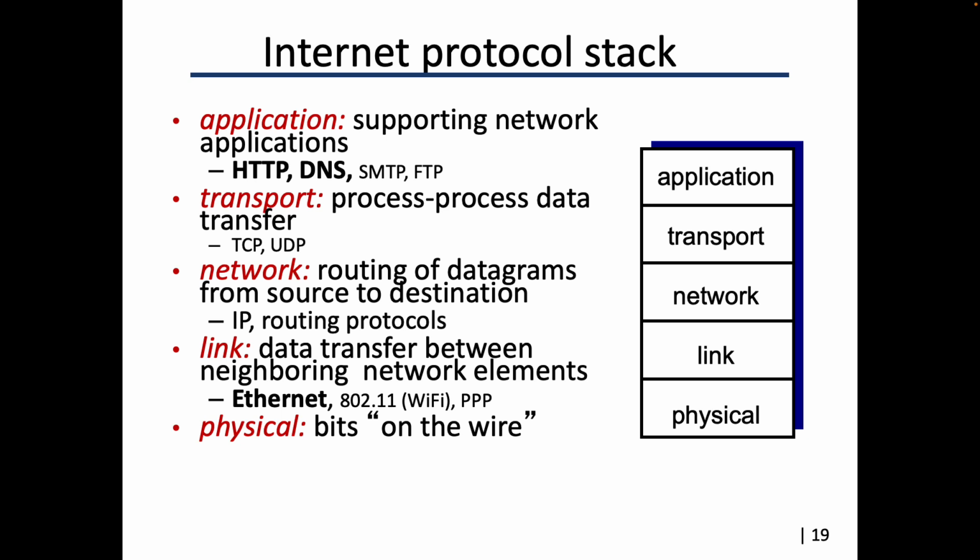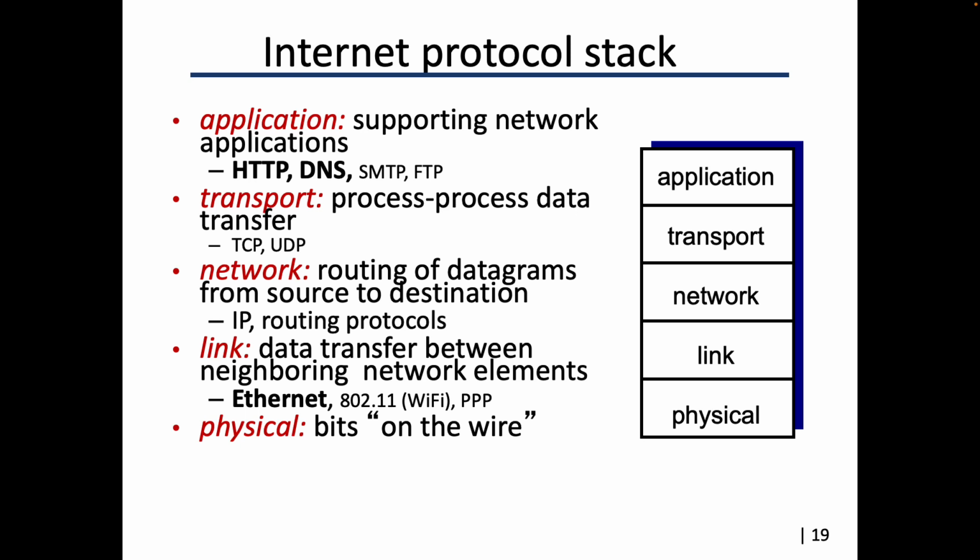Okay, so I said you can look at it as 7 layers, or to simplify it, we can look at it as 5 major layers. At the top, application, and then transport. Application is really, as the name suggests, just for that specific application, the top level. Whether it's for the web, which is HTTP, or SMTP, which is for email, to send out emails, or FTP to transfer your files. So these are different applications needing different types of